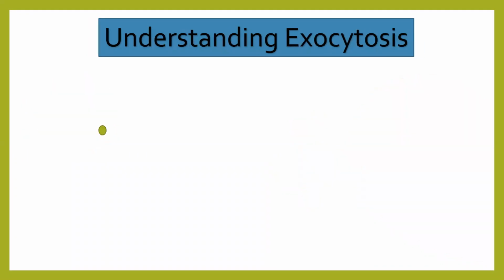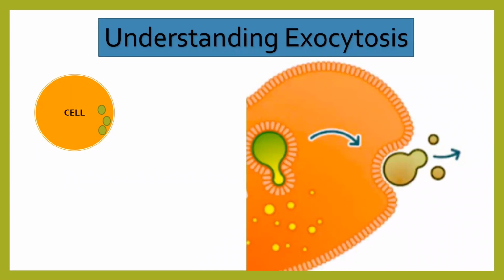Okay, now the second thing, that is understanding exocytosis. Let's say this is the cell given in orange color, and the green ones are nothing but the waste material inside the cell. Now what does the cell have to do? The cell has to excrete it outside. So slowly and eventually they will be excreted outside of the cell. This process is called exocytosis. Exo means exit. Cytosis is from the cell. Cool. So you have understood the meaning of endocytosis and exocytosis.